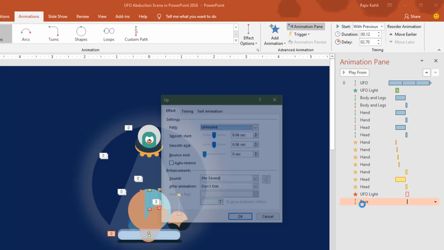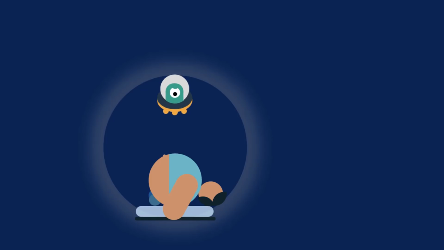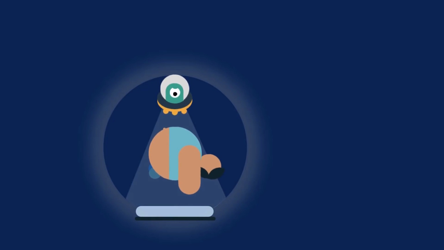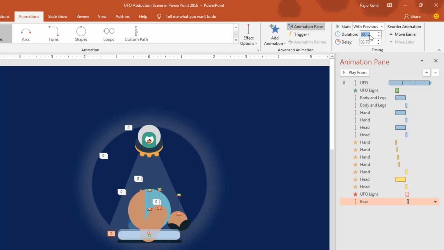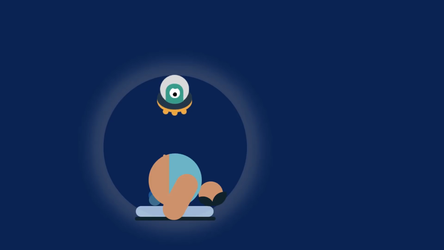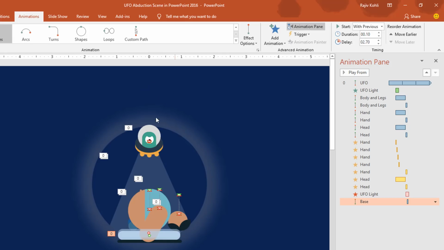Open the effect option window and set it to auto reverse, and I don't want any smoothness for this effect. Hit the OK key and let's see the slideshow. I think that's fine. Let me shorten the length to 0.10 seconds. Okay, the last thing we have to do is to make this eyelash more realistic,